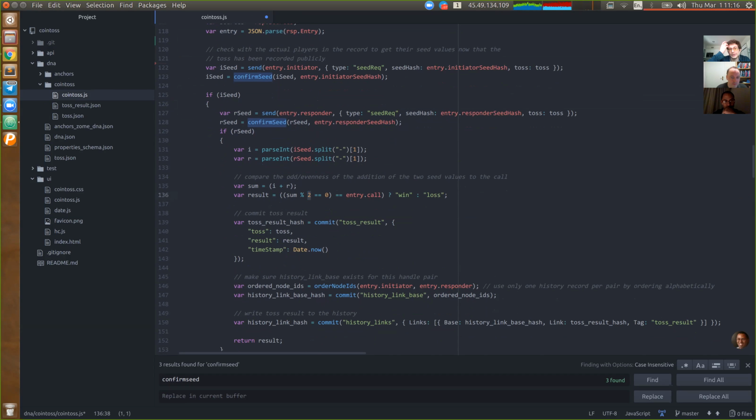Instead of win or loss, instead of modulus 2, we'll do modulus whatever number of sides the dice has. And we don't need to do the logic of calling the coin heads or tails. Instead, we could just remove that part and then do modulus, say 6 for a 6-sided die. So it's actually a really tiny modification,